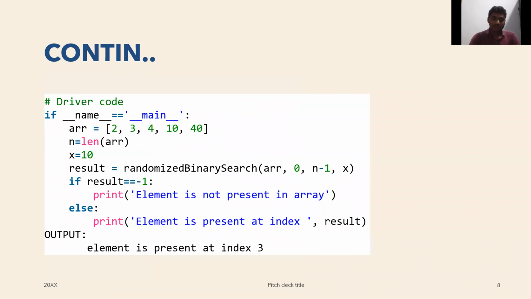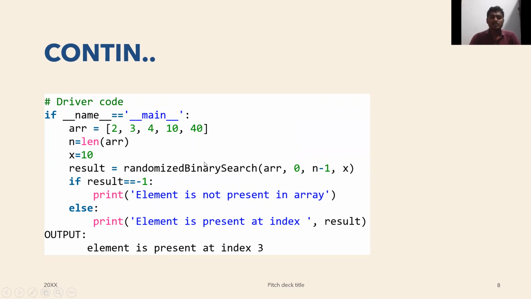Okay. For this, we have the driver code first. I need an array which has the elements 2, 3, 4, 10, 14. Here I have given the elements beforehand; if you want, you can take elements at runtime also. I have used the variable n to store the length of the array, and the search element I have given is 10. If you want, you can read it from the user.